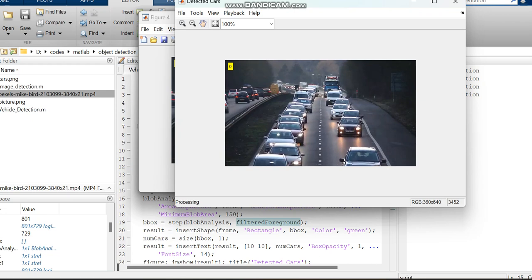So this is the way if you are working with other videos other than the original video. In this case you have to just check. If you want to check some details regarding video detection, that is vehicle detection in video, you can check some other